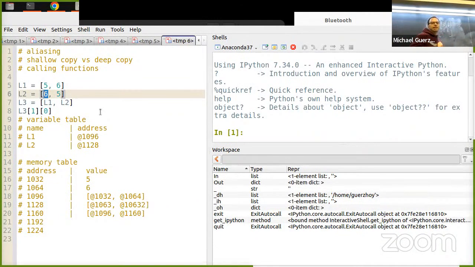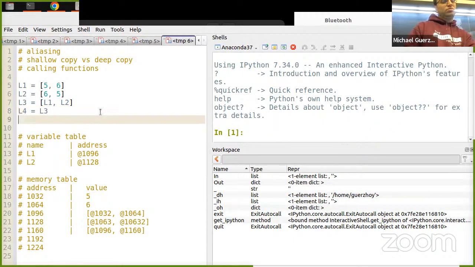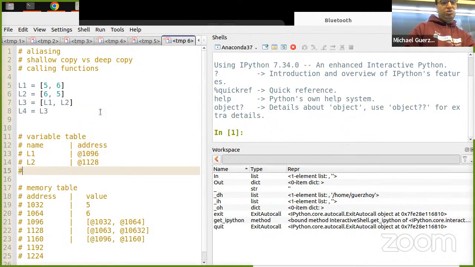So now what happens if I say L4 is equal to L3? By the way, I forgot to put an L3 here. L3 is going to be at 1160.